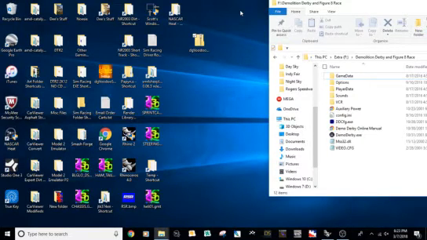Hey everyone, this is DavyBird16 and I'm going to show you how to make DirectX D3D work on Demolition Derby and Figure 8 Race on the newer computers like Windows 8 to 10 with this Glide and DirectX wrapper called DGVoodoo 2. It's real handy because see, when I was a kid and I first started playing this, I really